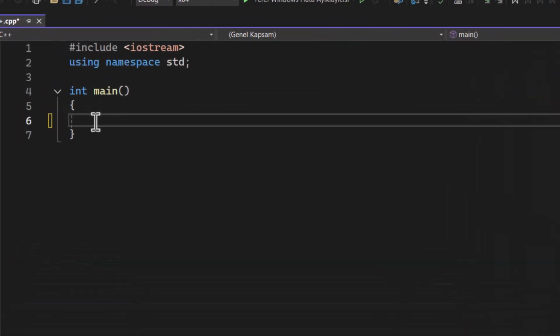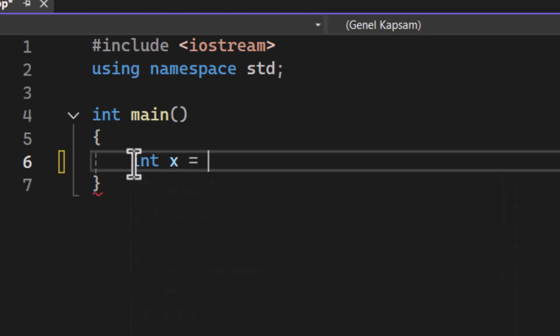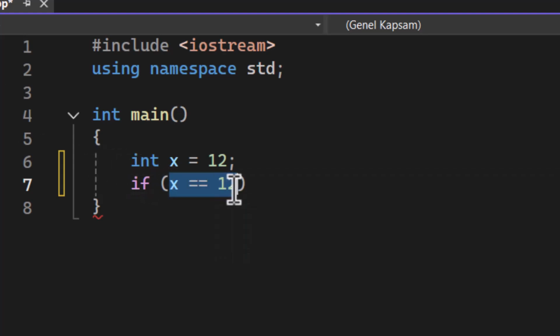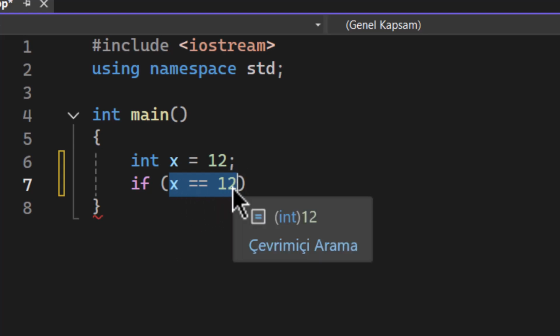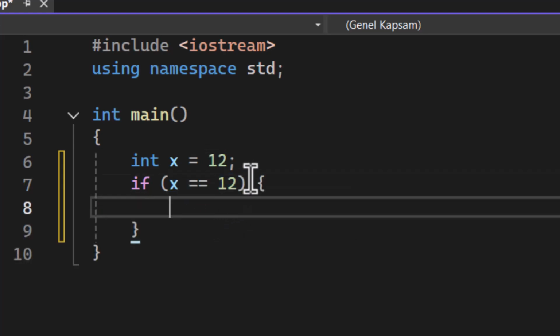All right, let's go for something like this. Let's declare an integer x and it equals 12. Then we can go in and say if, let's give a statement in here, x equals 12. If you use equal twice and in this format, it becomes a question. Does x equal 12? And the answer to that is yes, x actually equals 12. So this is a correct statement. Now I go down and